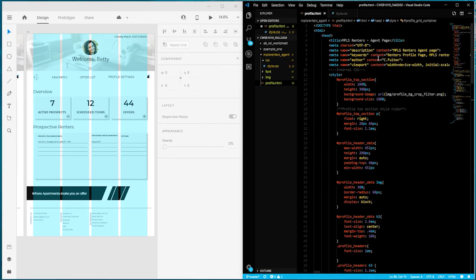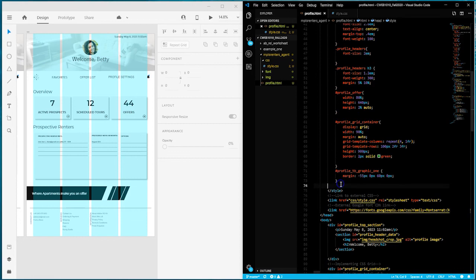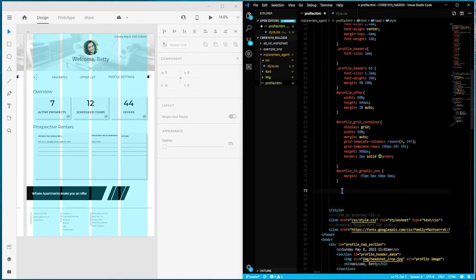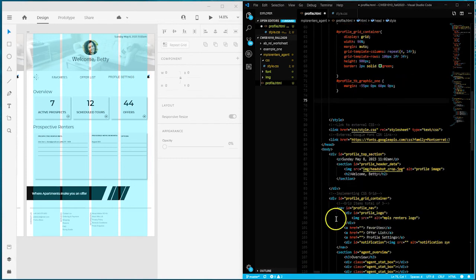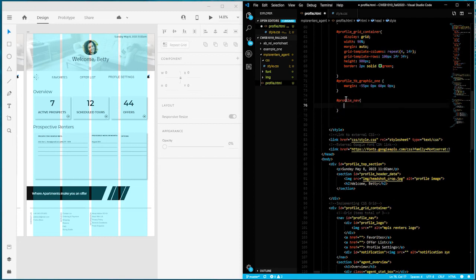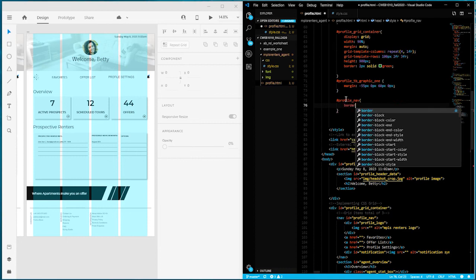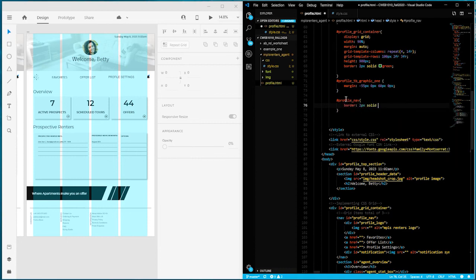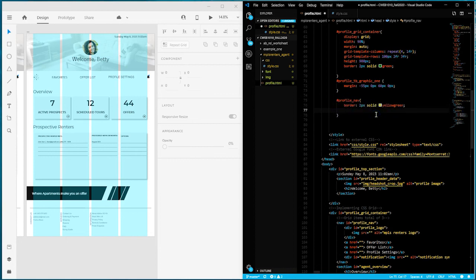and we'll go up, and what I'm going to do here is create some space within our internal CSS and begin to target the first grid item, our nav, that we want to place into the grid. So that's going to target our profile nav, and so we're going to create an ID selector and say #profile_nav. And again, the first thing you want to do is create a border. So we'll say border: 2px solid, and we'll just use this yellow green here,